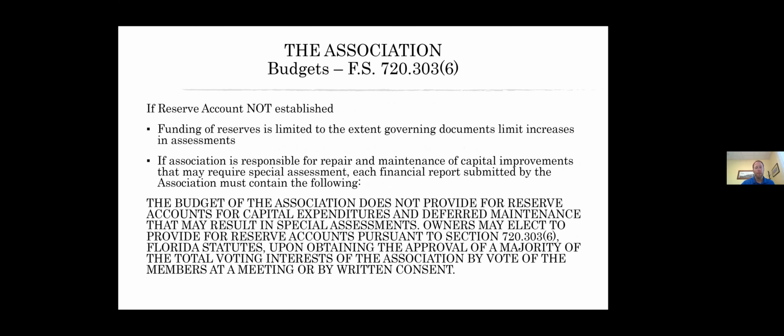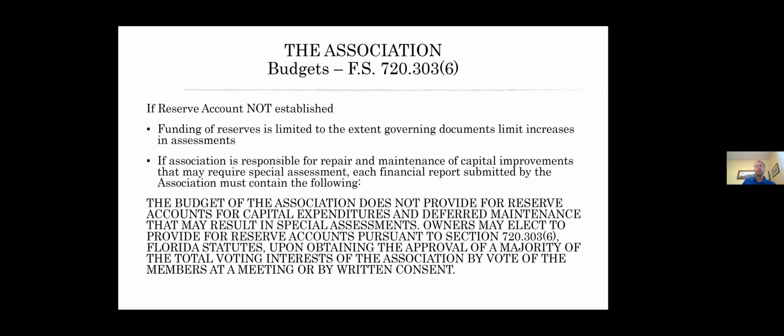And if a reserve account is not established, and these are all things that the association, unless it's completely brand new, should be well down the road with, the slide here says that if you don't have a reserve account established, you need to have language on the bottom of your budget. I'm going to stop here and say one thing.